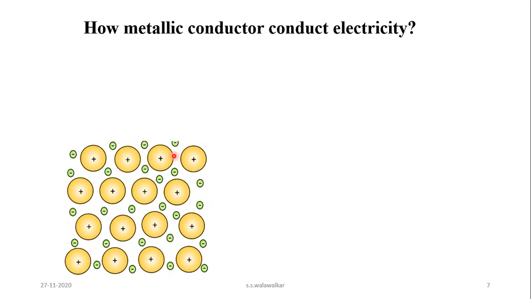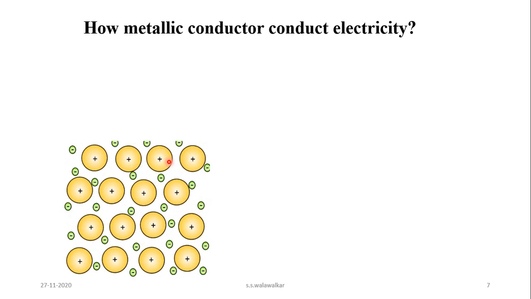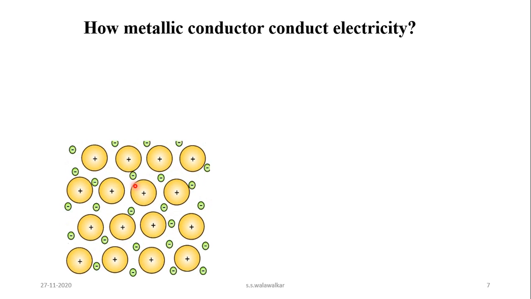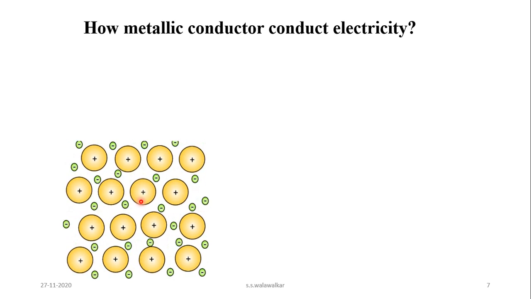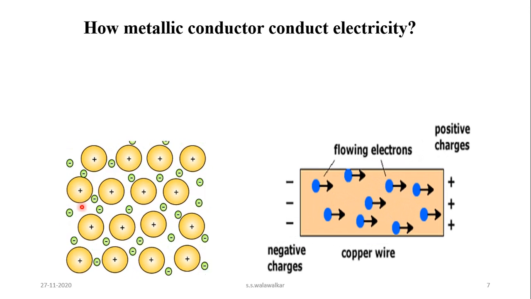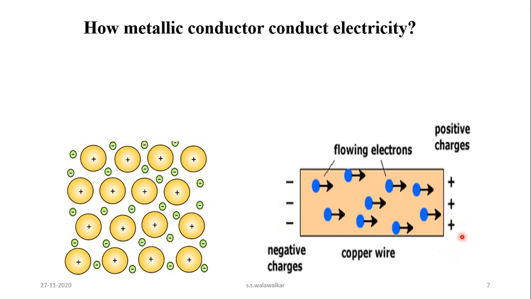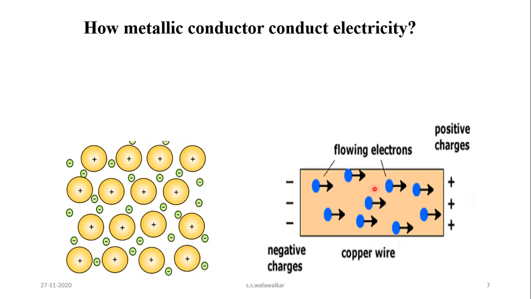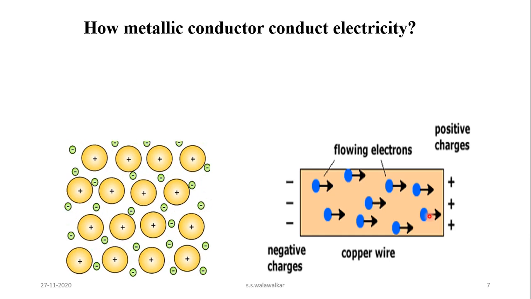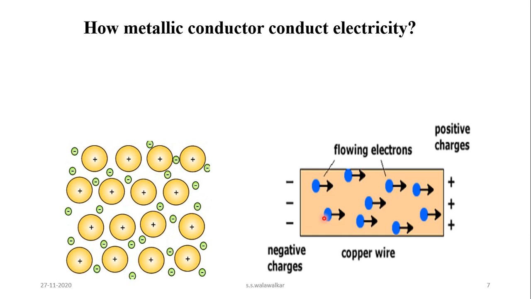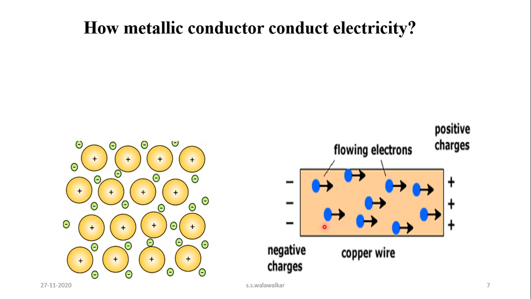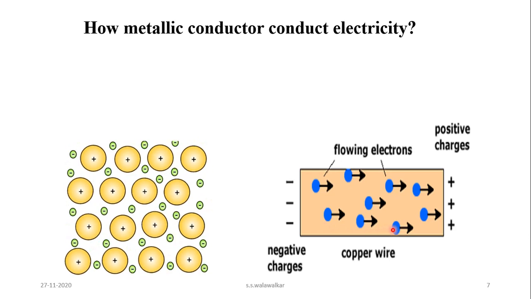In a metal crystal, these mobile electrons move in random directions, and therefore these free electrons do not conduct electricity by themselves. To conduct the electricity, this metal plate is connected to an external battery, so that electrical potential is developed and electrons flow in a specific direction. When the direction is fixed, then electrons can flow.